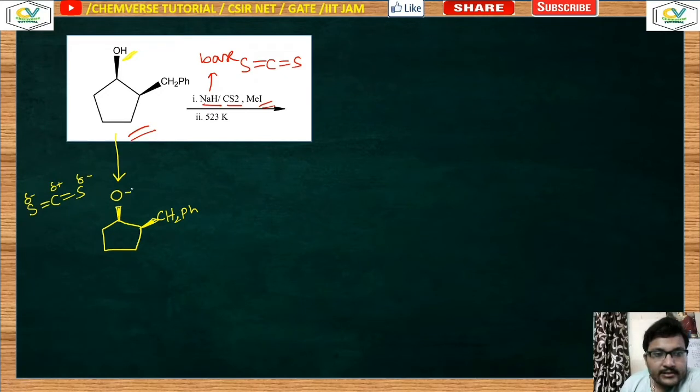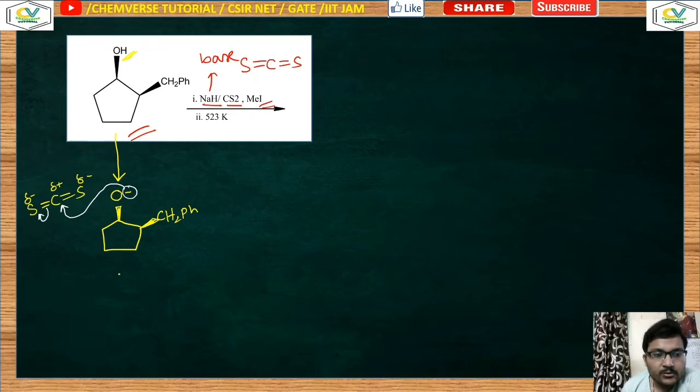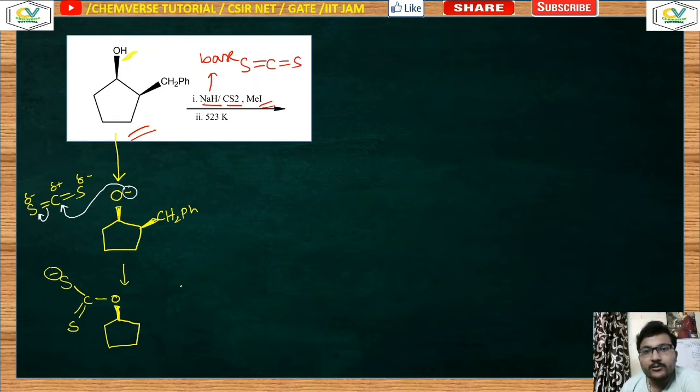So as a result of that, what you can see is that this negative charge O minus will attack this electropositive carbon, and this will form a CS minus. So you are getting something like this. Now don't forget to write the stereo center or the stereochemistry of this center, because this is very much important for your Chugaev reaction, because syn elimination is occurring. In the first step, what we are actually doing, I think you already understand, we are just making the xanthate ester.